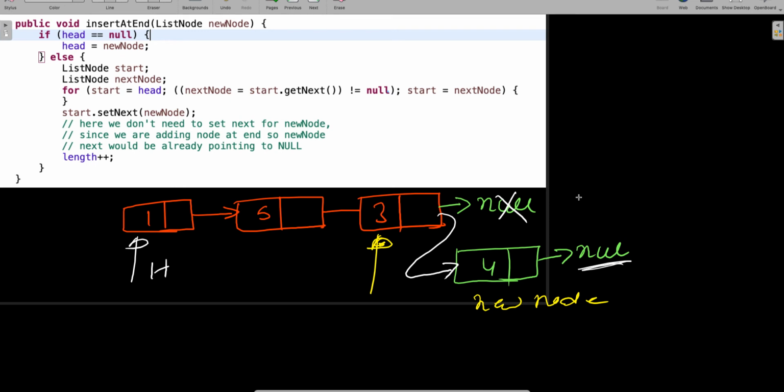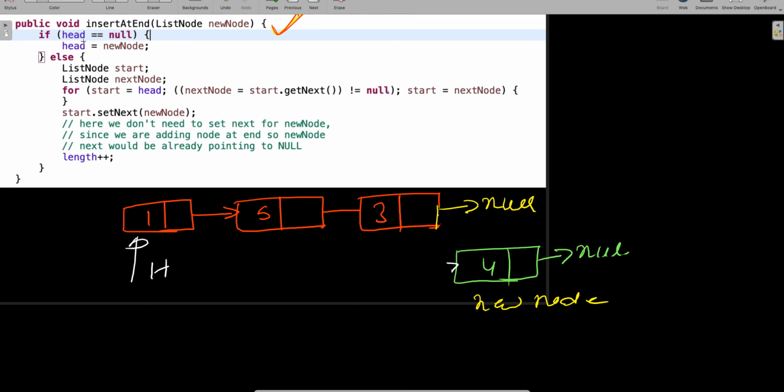Now how should you do it through the code? Let's say you already have one list node which already has data. Now let me remove the connection, guys, everything. Let me just erase it. I'll write again, 1 second. Yeah, so you have this guy pointing to null. Look at this method, public void insertAtEnd. This guy will take one argument called list node, right? It is taking one node called list node, and the job of this method is to go and insert at the end.